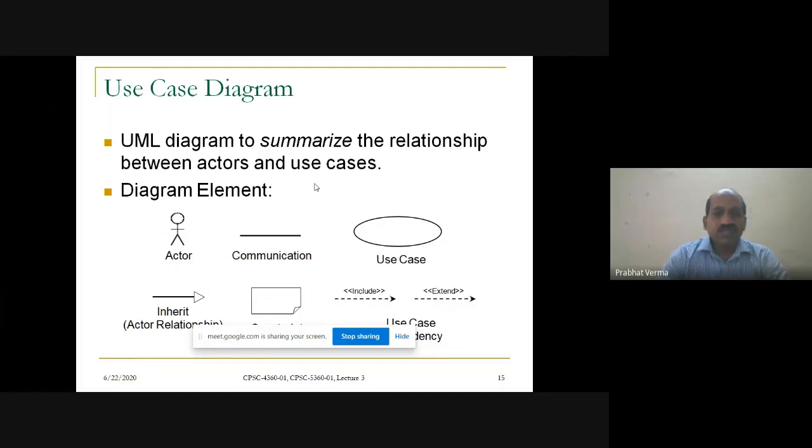Now, in use case diagrams, because it is a structured diagram, there are predefined symbols for various elements. For example, an actor is represented like this. Communication between actor and use case is represented through lines. A use case is defined through the oval shape. The inheritance relationship is represented between the actors.